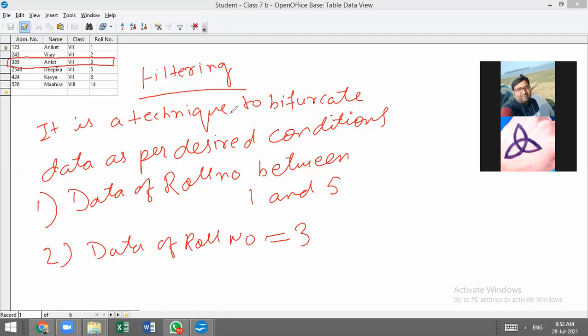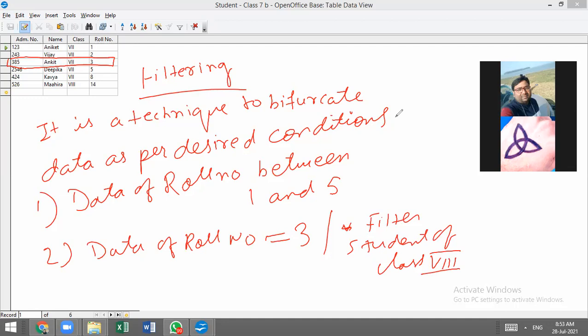Snehata, please mute yourself. So these can be conditions, students. Other conditions can be, I have 1, 2, 3, 4, 5 students from class 7 and one Mahira from class 8. So I want to filter students of class 8. So Mahira name will be displayed over there.